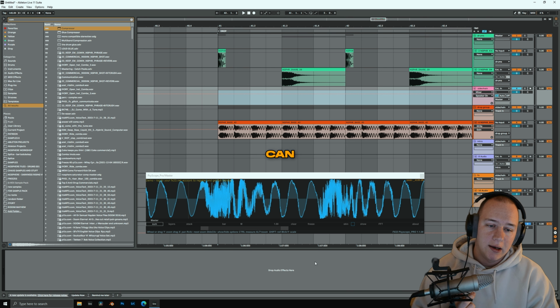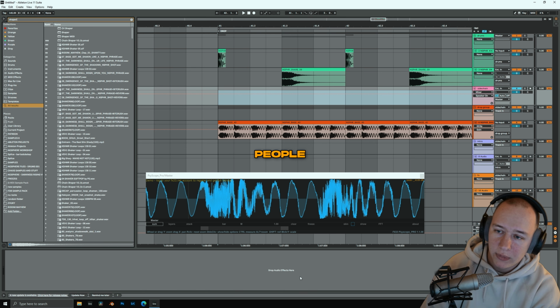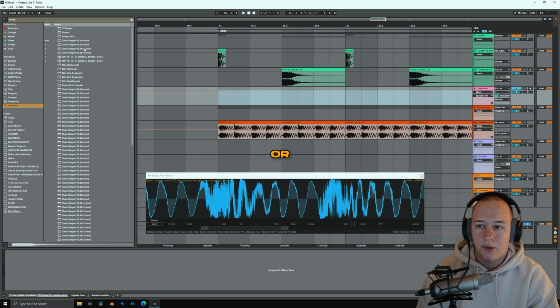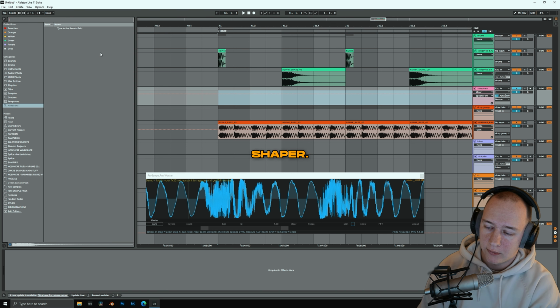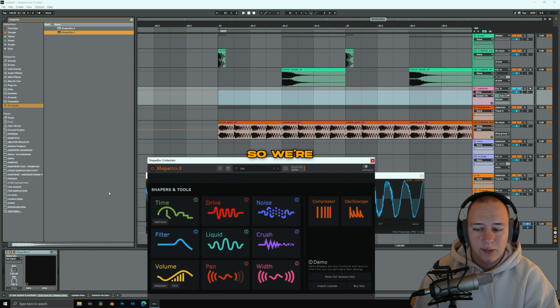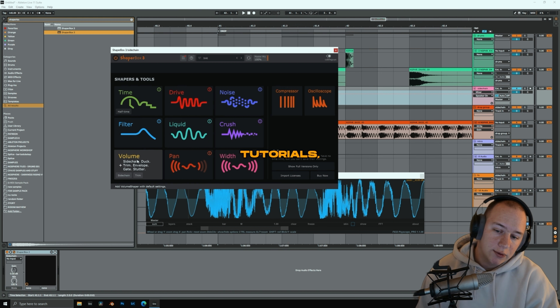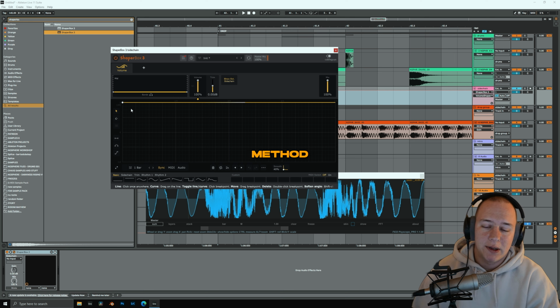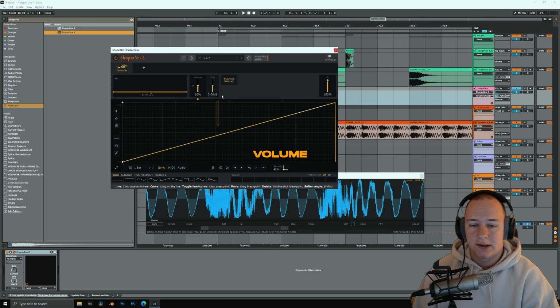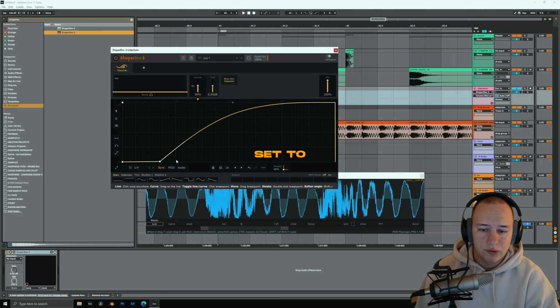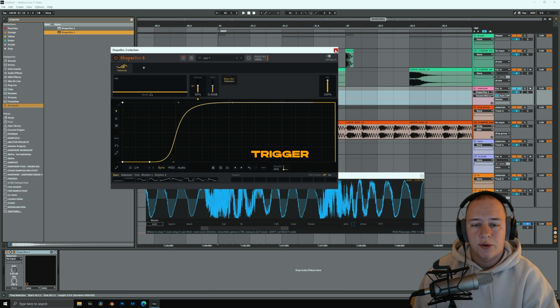Because of that, we can combine a couple different things. For the longest time, people have been using Kickstart or ShaperBox or Volume Shaper. I have ShaperBox 3 installed, so we're gonna check out this old school method. So originally, in a lot of tutorials, you might see this method where you can draw a precise volume automation, which you can set to 1/16, which is roughly the length of our kick drum,